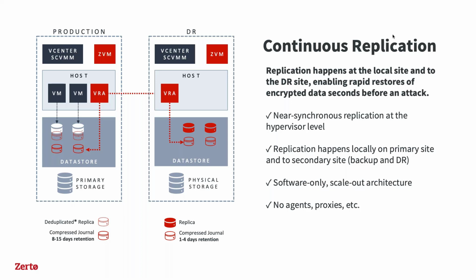And so one of the things that we do in a very interesting way is that we take this DR technology that you trust with the crown jewels of your environment, your tier 1, tier 2 critical data. We've essentially orchestrated and thought about it in a way that allows for backup and DR to happen. And the way that we do that is by having replication happen with a journal at the local level. This means on your primary storage, on your production site, you have an observed replica on the compressed journal with a couple of days of retention. This allows you to simply restore and recover things that were immediately deleted. And it's also a large percentage of backup scenarios, including ransomware, especially when we talk about files, folders, and VMs being encrypted. This is what you would use at the production level locally